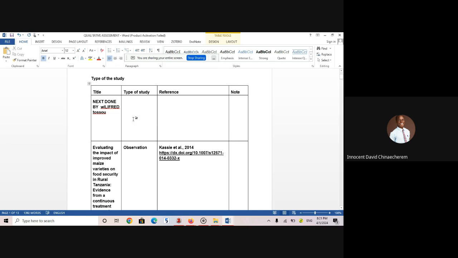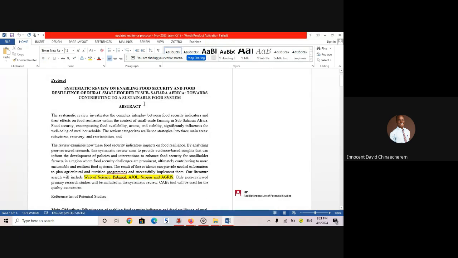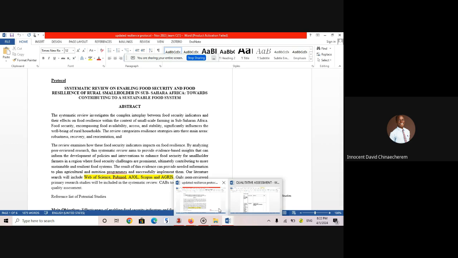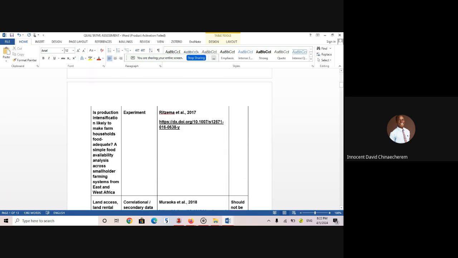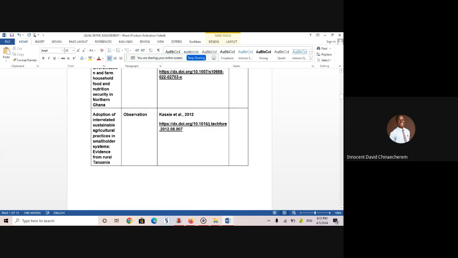So the first thing I'm going to do now is just two things. For those I'm tutoring based on this particular publication, we're just going to have a scratch view of this, then introduce a checklist that will guide us for the quality assessment. If you can recall, Dr. IBK, I gave you guys an assignment. I asked people to go and classify the studies. But from a rough view, it seems that some of you are still lacking in terms of